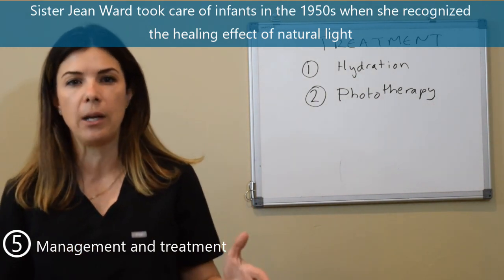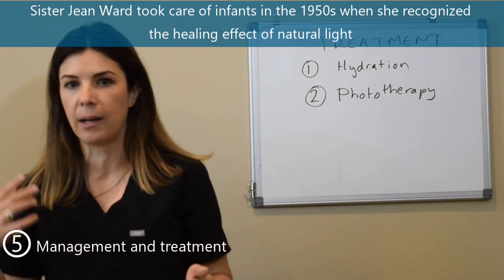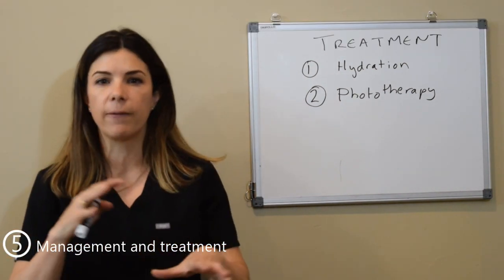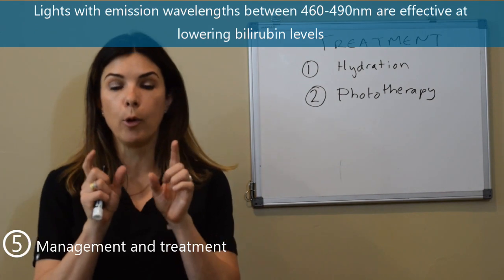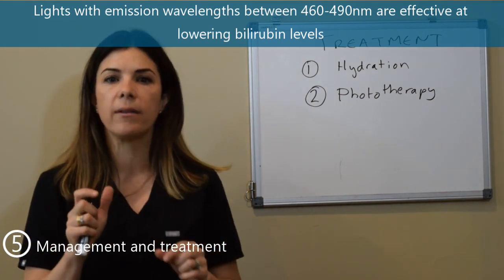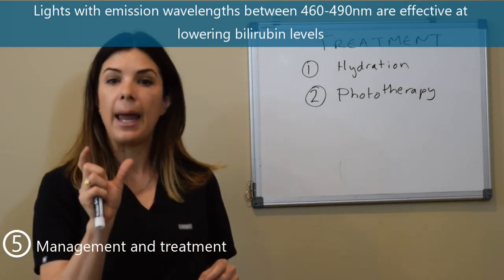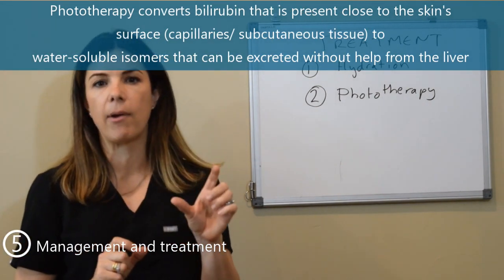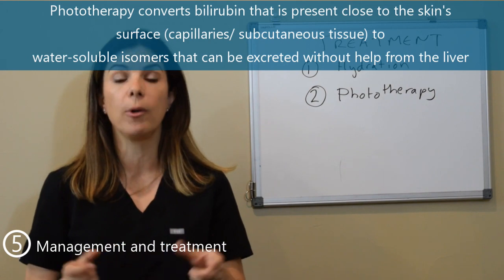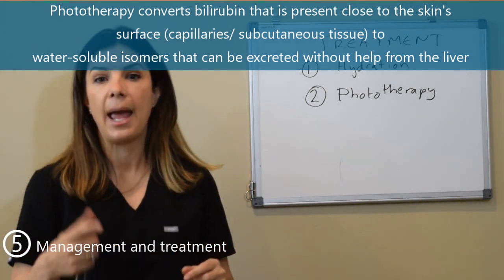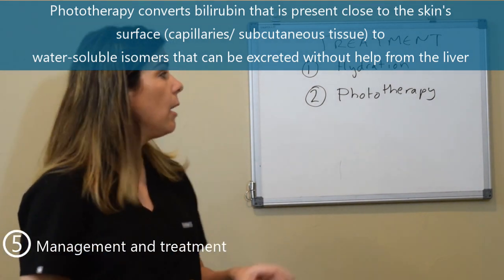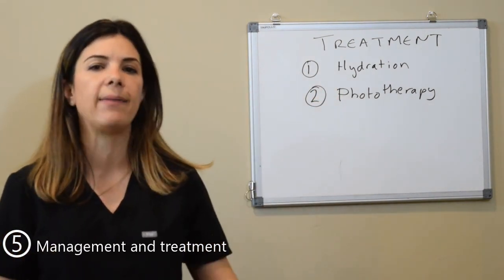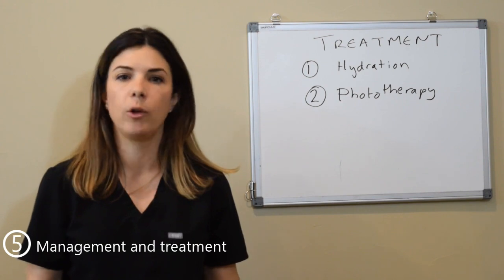And what was so genius was that she figured out that the light in some way was getting rid of that bilirubin. And so finally they figured out that it's light in the blue wavelength that causes a photoisomerism in the bilirubin that takes this fat-soluble indirect bilirubin and makes it water-soluble, so the babies can then pee it out as well as poop it out much easier. So phototherapy is what we use to really get that bilirubin down when we have to, when hydration